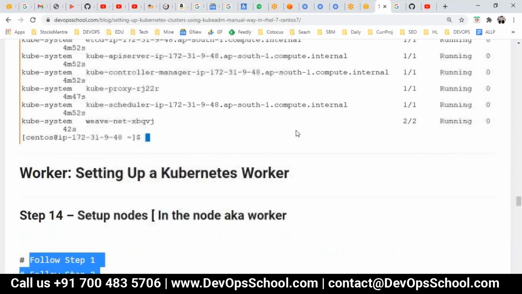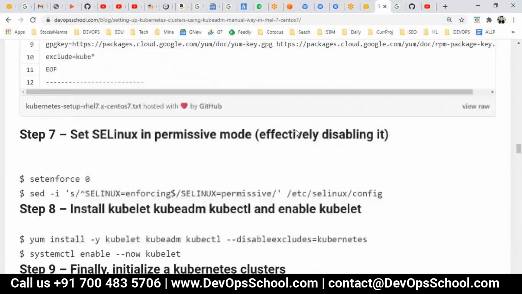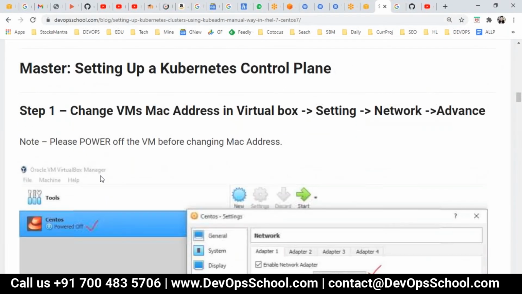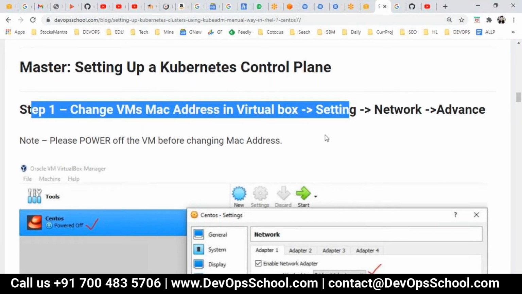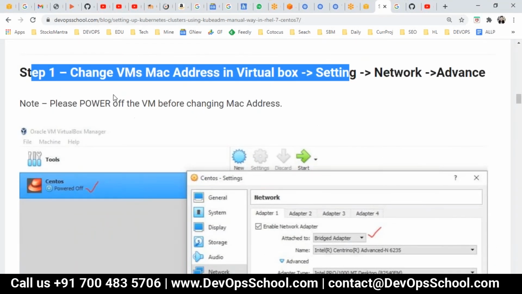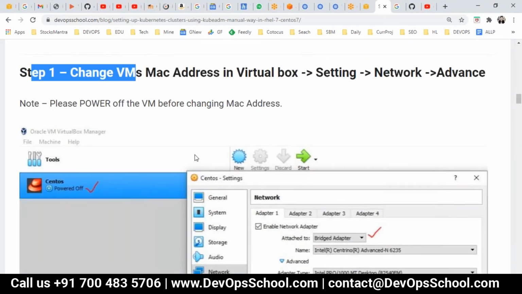Yeah. So guys, simple. I will follow the steps. Now, if I dive into the steps, mind it, guys, these steps are designed for the VirtualBox. So this step, if I look at this, is for the VirtualBox. I'm not having VirtualBox. I'm having an EC2 instance. So I'll skip step number 1.